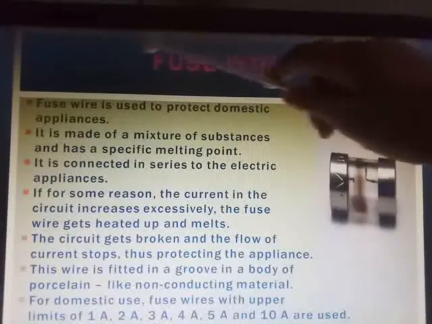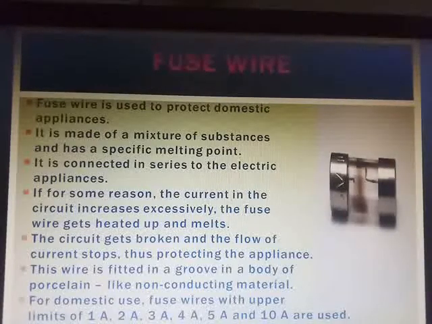Now where in the textbook you have about the fuse wire, that is on page number 43. The upper and the lower topics we have discussed, but they are excluded from our syllabus, that is domestic electrical connections and precautions to be taken while using electricity. But they are very, very important topics related to the chapter. So please, if you have time, do not study it for the exam, but at least after the exams are over, you just go through the topics, because they are linked to our next year, that is 10th standard syllabus. So today we have completed the revision for chapter number 3, that is current electricity.